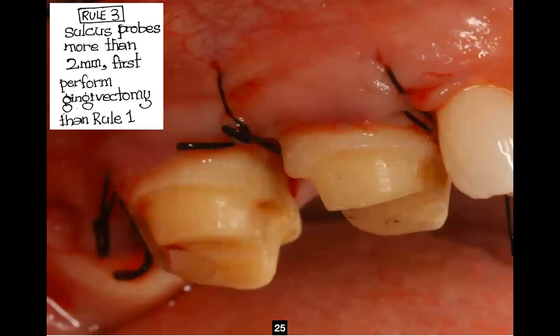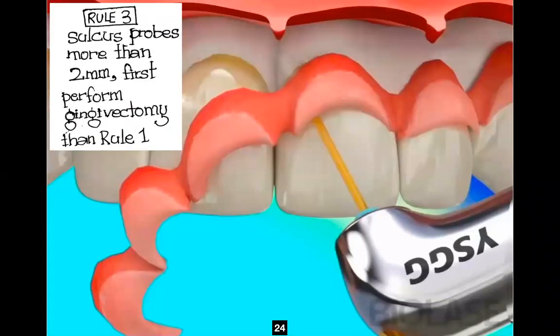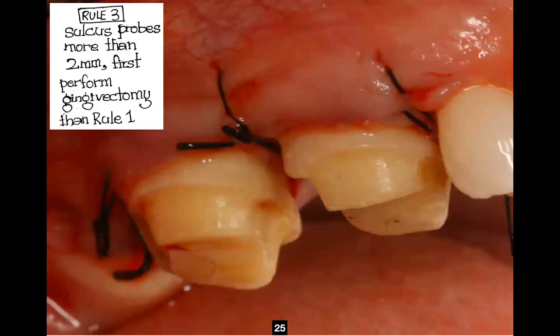I have described it in a conventional way here. You basically performed a gingivectomy, removed the excess gingiva, and now you've got a sulcus depth of 1.5 mm. After doing this conventional surgical gingivectomy, as you can see, the margins are placed supragingivally. After the wound has healed, the gingiva will fall either equigingivally or subgingivally. Since it's a posterior tooth, you can place the crowns the conventional way. I hope it is clear. I am trying to show you one with the laser and one with the conventional. This is rule number 3.